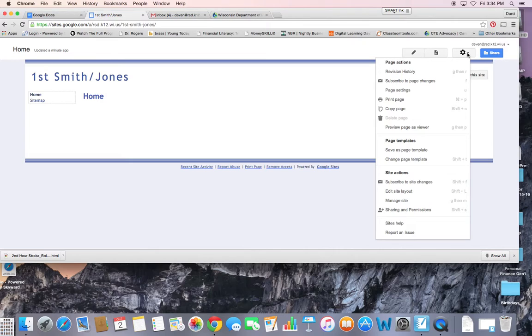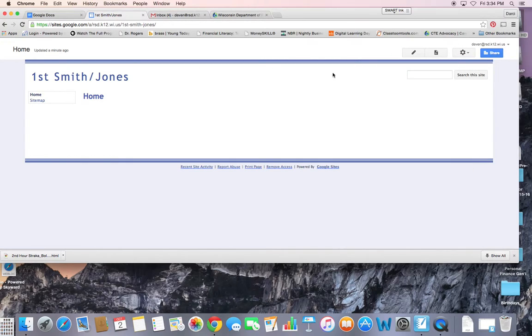This is where you can delete a page, change settings, you can go in and change your theme through here, and so you can investigate that a little bit later. What we want to do right now is create more pages so that we have it all set up to start with. So we're going to click on the piece of paper with the plus sign,